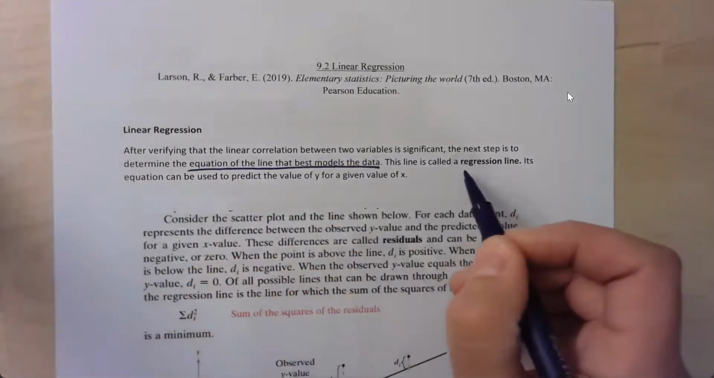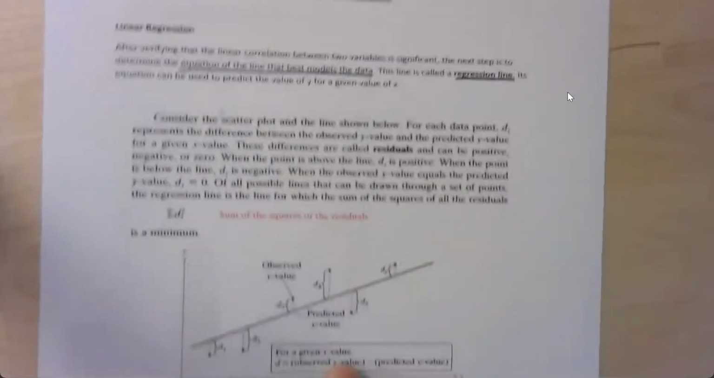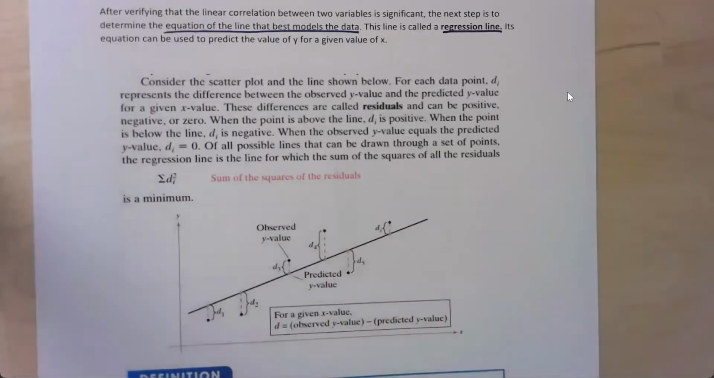This line is called a regression line. Its equation can be used to predict the values of y for certain given values of x. So consider the scatter plot and the line shown below. For each data point, they're using d sub i, d for data and i for the different data points,